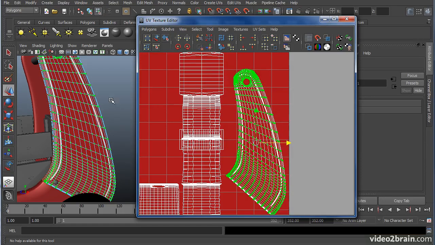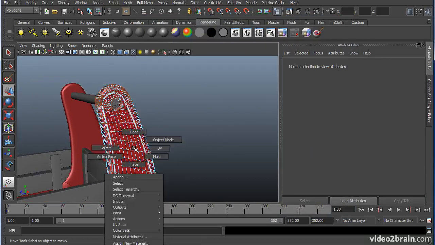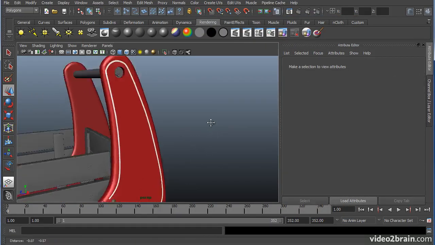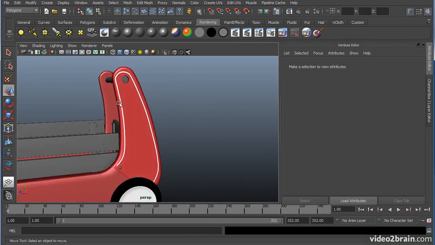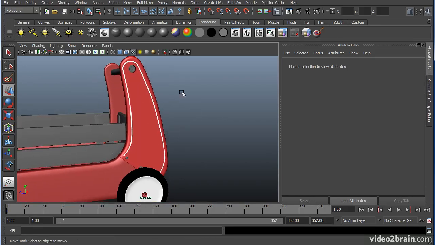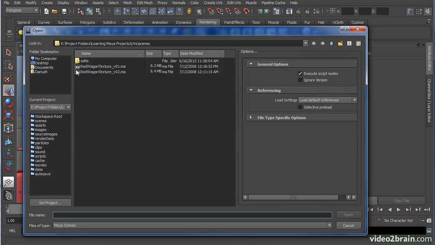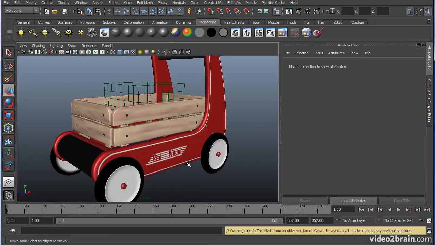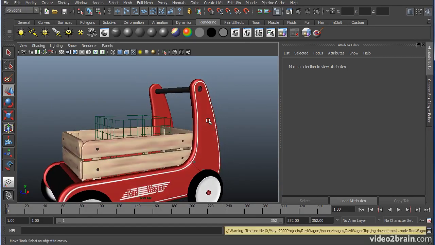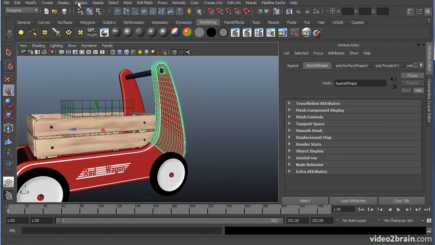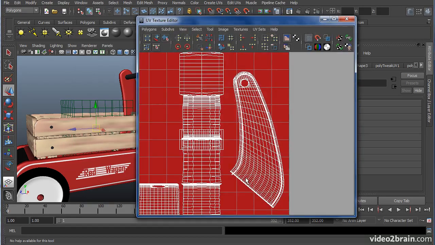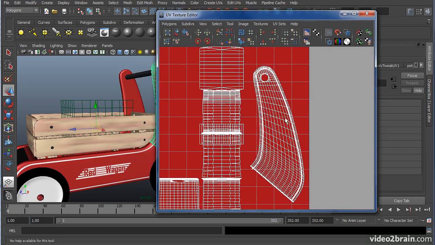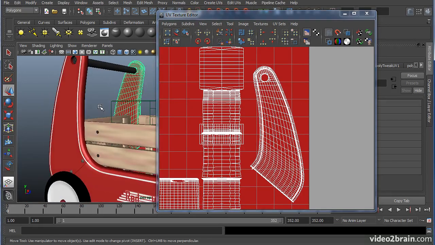Once you're happy with the location, select the object in object mode, and you should be all set. Now ours is still a little bit off, but when you're done, you can take a look at Red Wagon Texture V02 for all the UV particulars of this object. We take a look at the UV texture editor. We see that we've got a clean layout for the UVs, the pinstriping works,